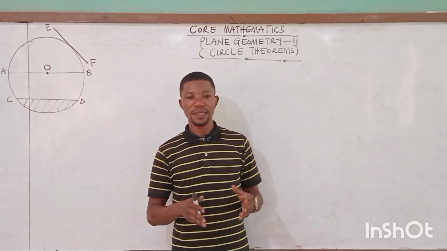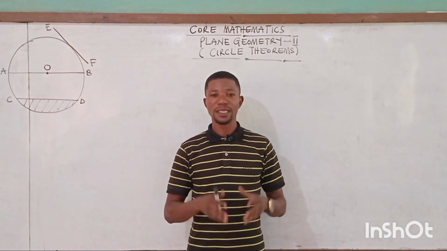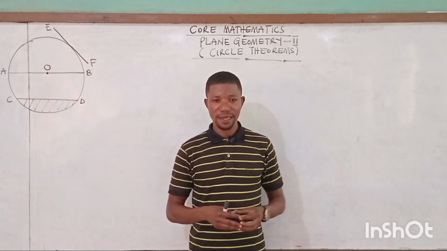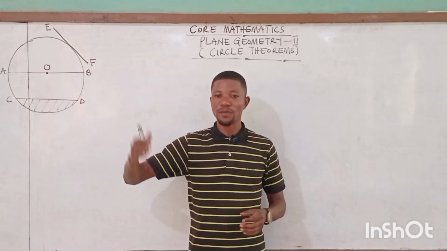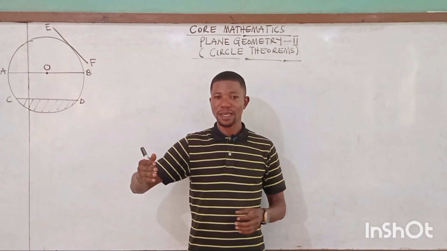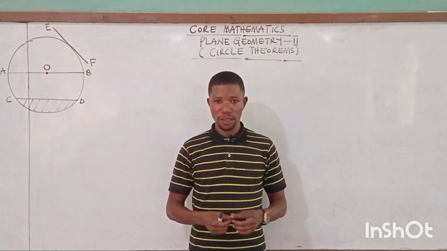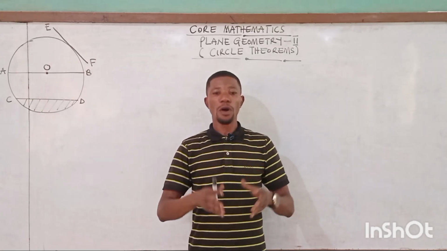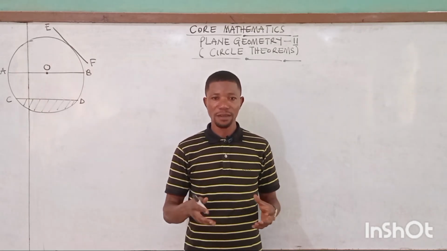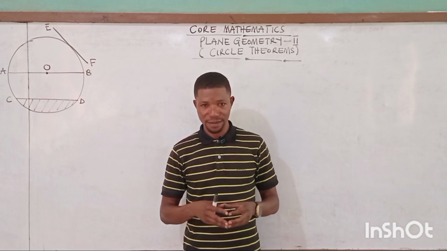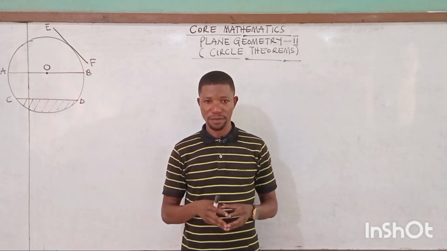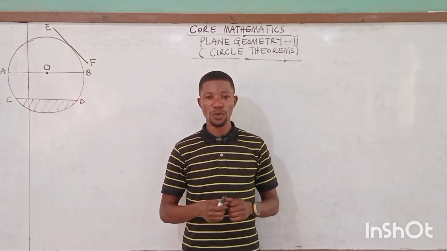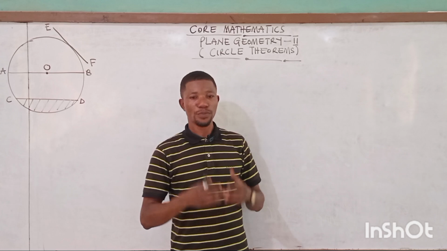When plane figures stand separately, they exhibit different properties. But when they are embedded in a circle, they exhibit a different set of properties or exhibit a different theorem. So plane geometry 2 is all about more of the plane figures like a triangle, a rectangle, being found in a circle or stretched out from a circle. In this regard, they exhibit certain theorems which we are supposed to know to help us solve problems in